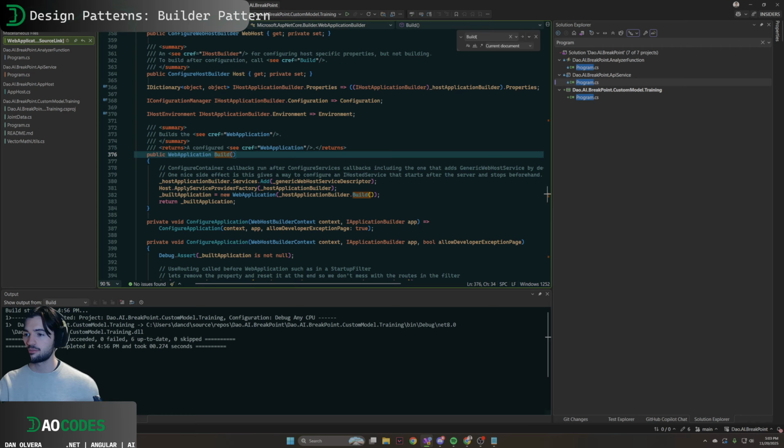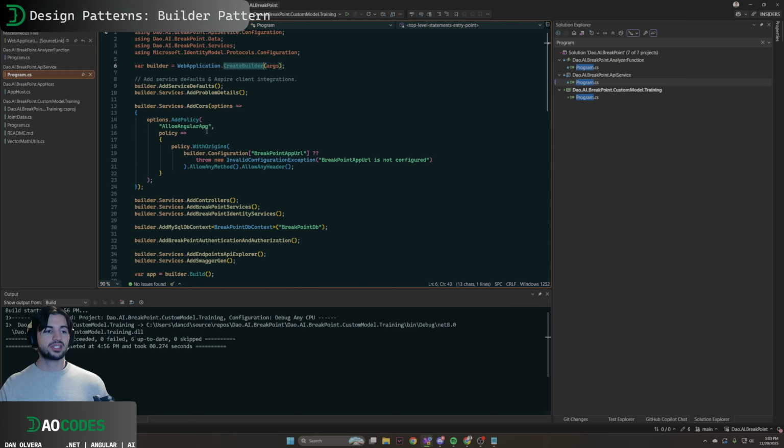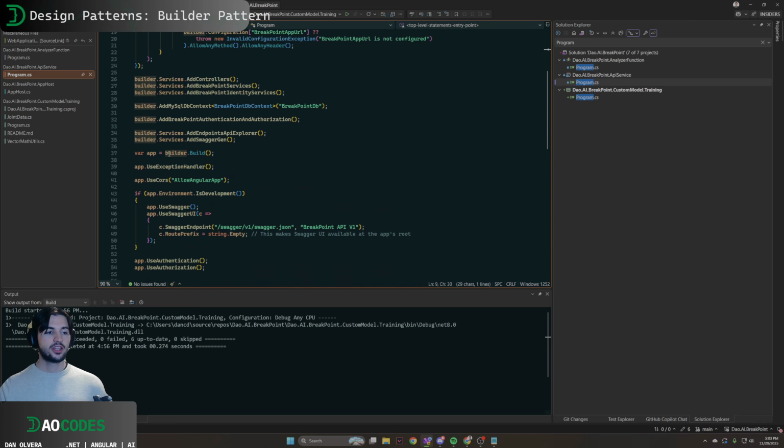Want to keep this one short because builder classes are really simple but super effective and make your code look super slick when you get things like builder.AddServiceDefaults, and then at the end, builder.Build. Okay, so just wanted to get through that pretty quick. I'm going to hop now into our code, and I'm just going to change one thing. Make sure we change this to